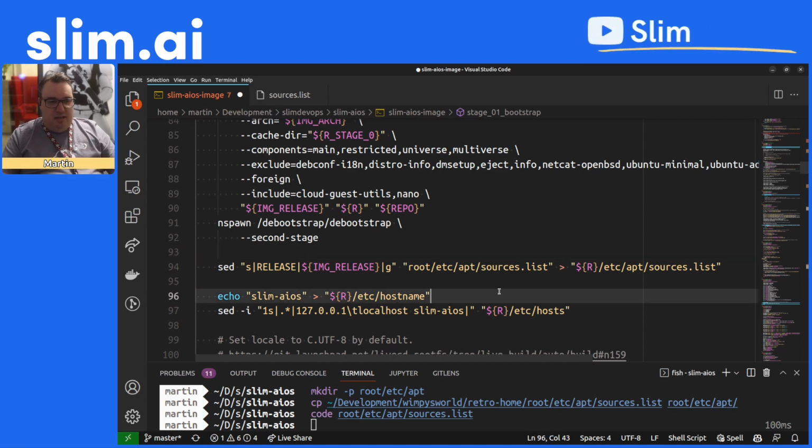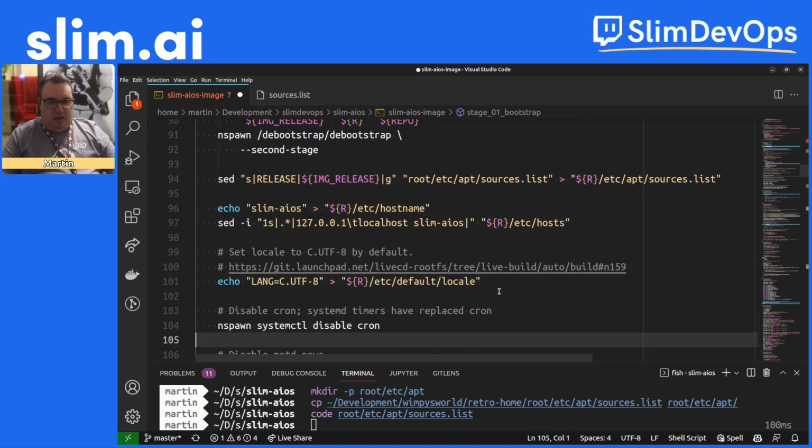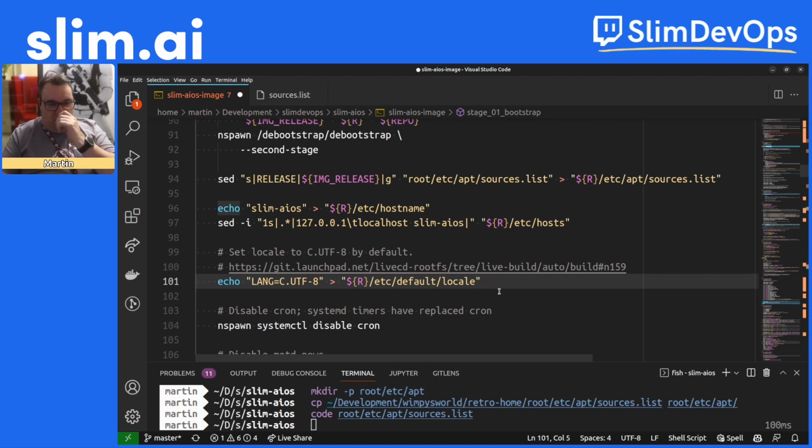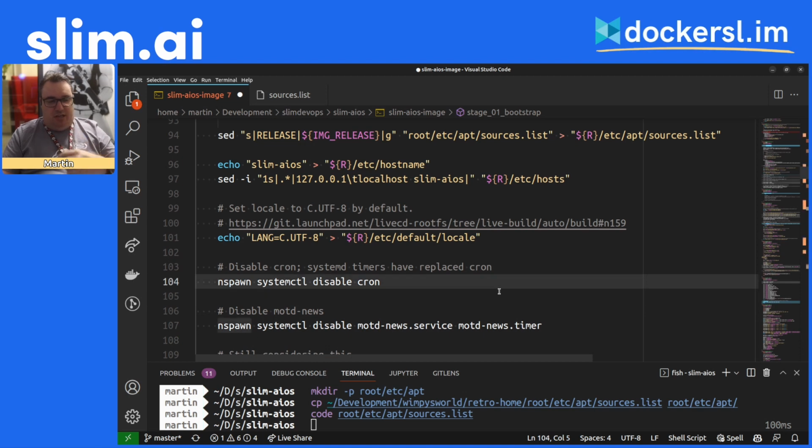That's a good tip. So we're setting the host name. We're setting up the hosts file. We're just jamming the C language string in there for zero internationalization. And then here's a couple of